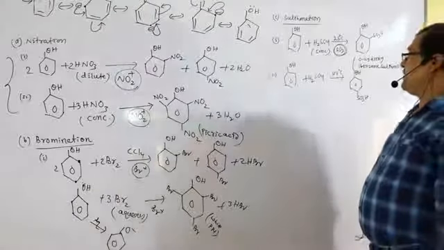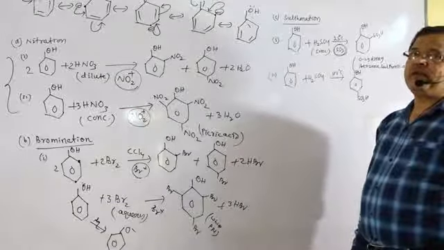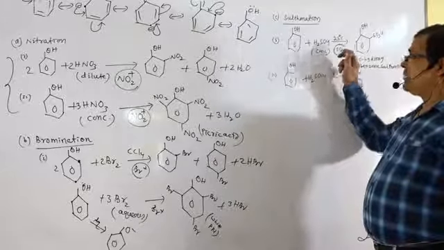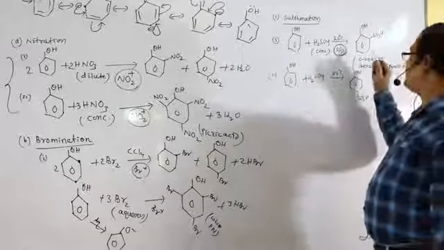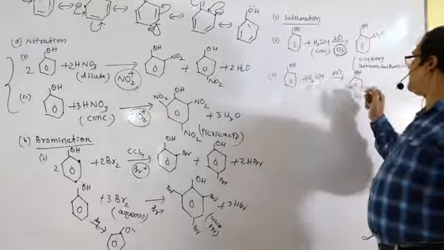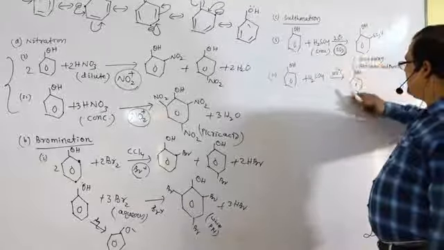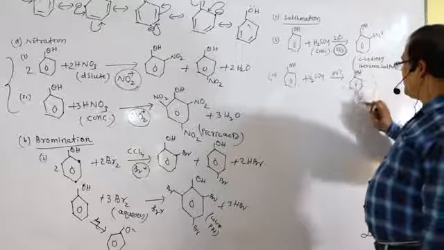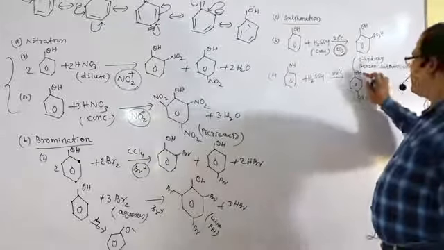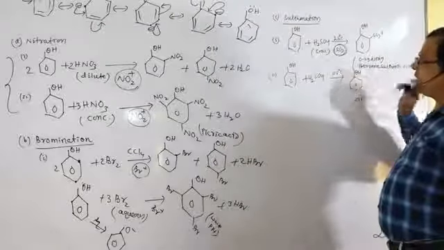And in case of sulfonation, it is a temperature dependent reaction. If sulfonation is carried out at about 25 degrees centigrade, there is the formation of ortho-hydroxy benzene sulfonic acid. And if it is carried out at 100 degrees centigrade, there is the formation of para-hydroxy product. This is benzene sulfonic acid, this is phenol. Among these two groups, SO3H is senior, so it is named benzene sulfonic acid, with the OH group hydroxy at the para position, therefore para-hydroxy benzene sulfonic acid.